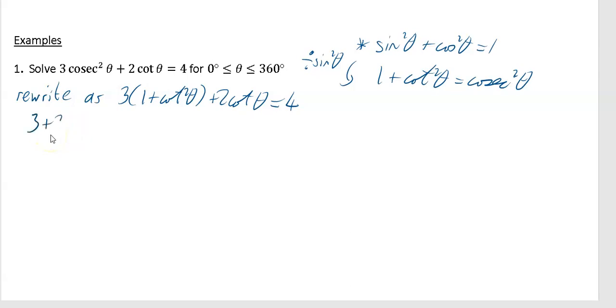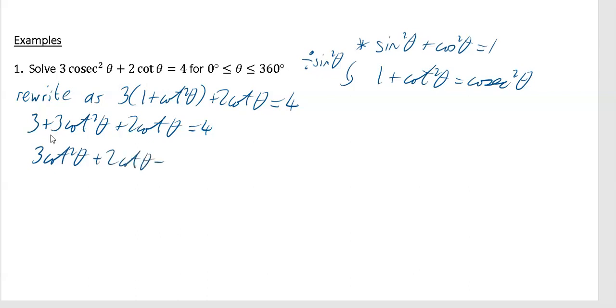That's 3 plus 3 cot squared theta plus 2 cot theta is equal to 4. And then I will tidy up again. That's 3 cot squared theta plus 2 cot theta minus 1 equals 0. So my sum is equal to 2 and my product is equal to minus 3. So my two numbers are going to be